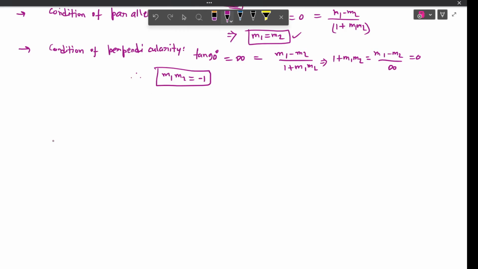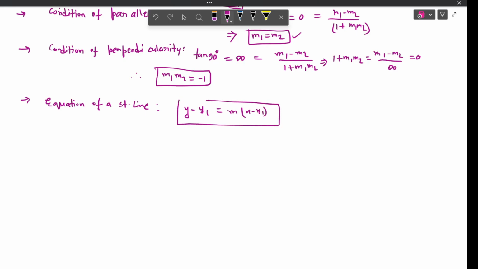Now, the equation of a straight line passing through one point, that is y minus y1 equals m into x minus x1. This is the equation where we know the slope and we know the point from where the straight line is passing. Now moving forward,